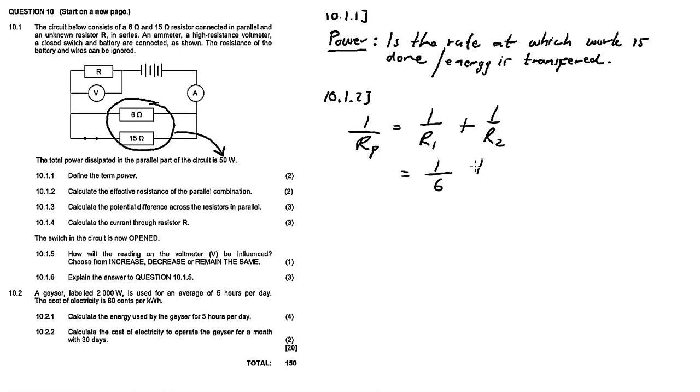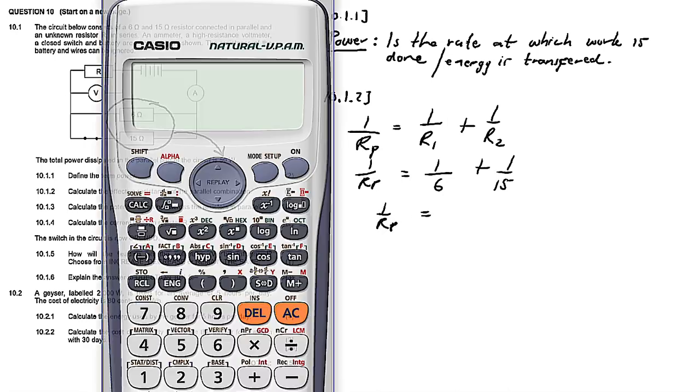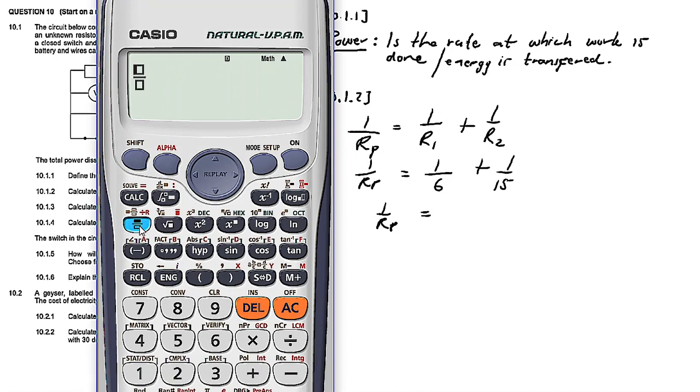So it's 1 over 6 plus 1 over 15 equals 1 over RP. Let's calculate. We have 1 over 6 plus 1 over 15 is equal to